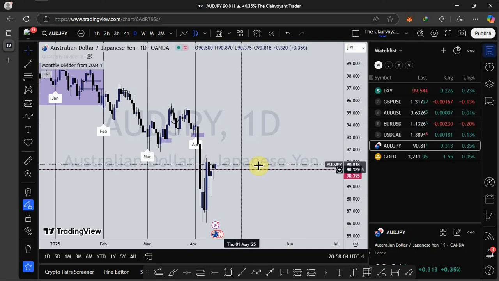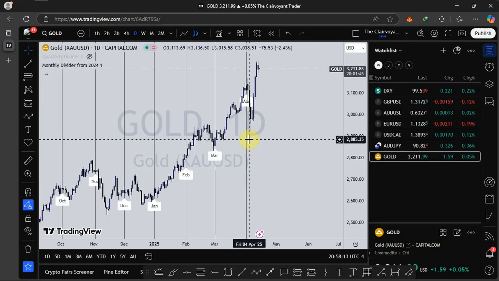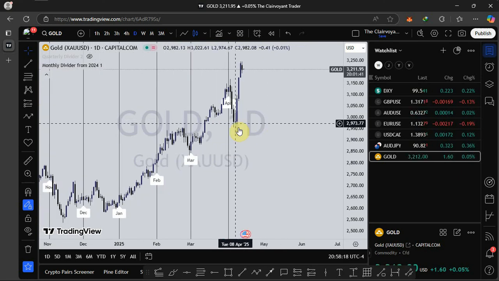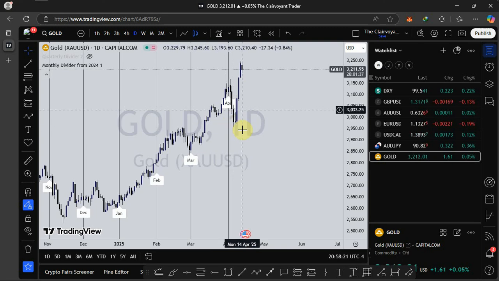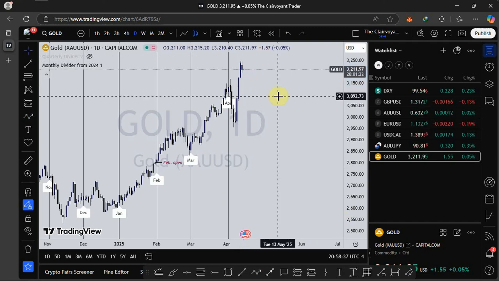Let's look at what is happening on gold. Gold is still pushing up. Fundamentally, gold is still looking strong. We saw price move down, take out sell side liquidity right here, taking out buy side liquidity. So as it stands now, we might see price push a little bit down, then we see continuation to the upside. I'm still bullish long term so far as the gold market is concerned. That is just that for the weekly market outlook.